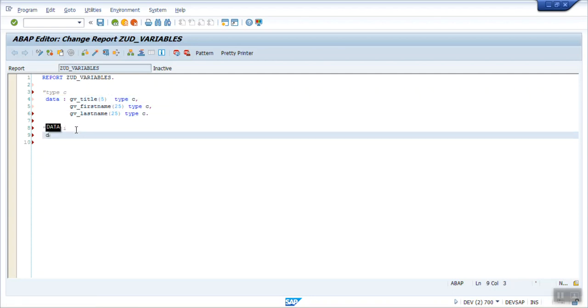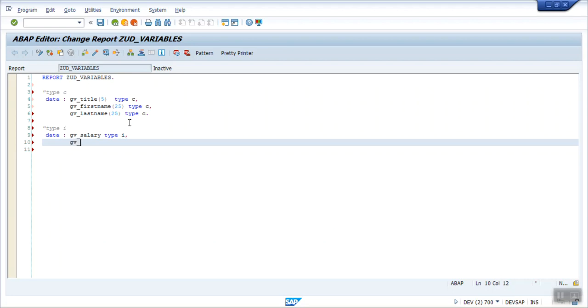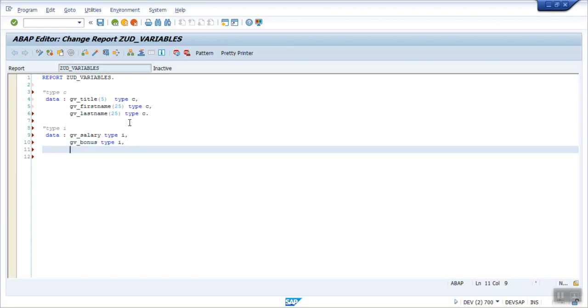Okay, the second method, we can add individually. Here I want to add GV underscore salary, and here I will be using type I. Second, I'm using GV underscore bonus, and type I. And I'm adding one more, GV underscore total, as type I. For type I, no need to give the length.